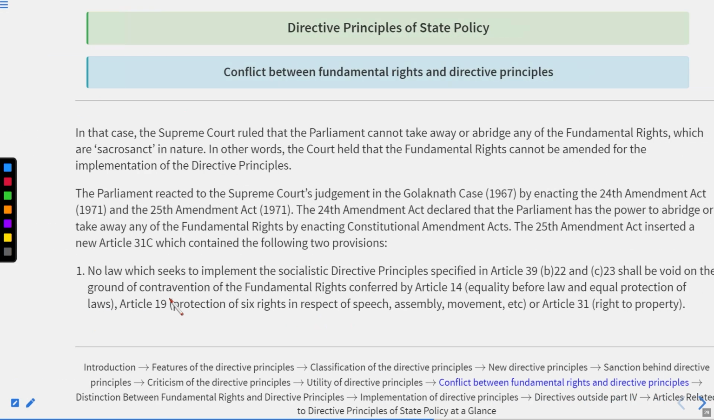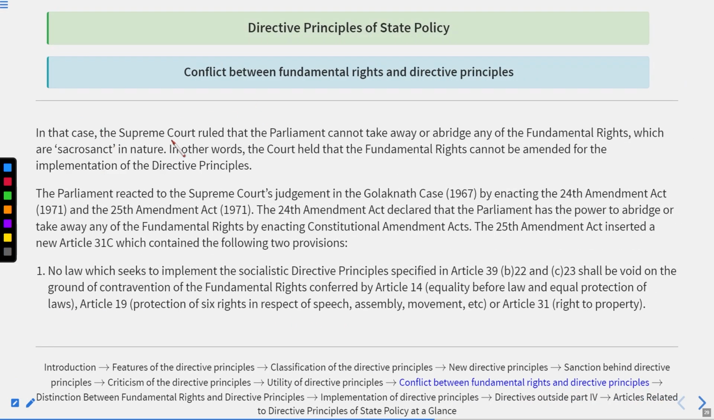Got it? In that case, the Supreme Court ruled that the Parliament cannot take away or abridge any fundamental rights, which are sacrosanct in nature. In other words, the court held that the fundamental rights cannot be amended for the implementation of directive principles. So what happened? However, in the 1951 case,